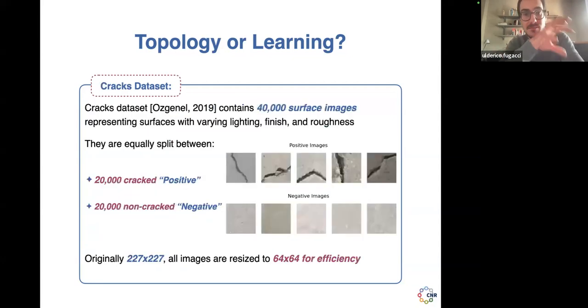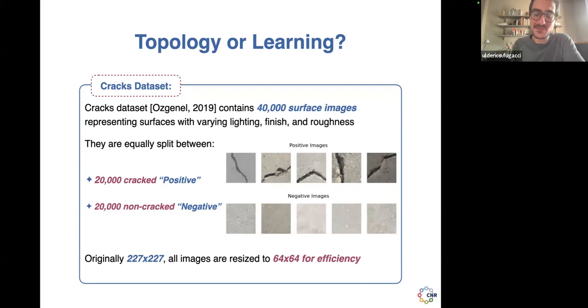Let's focus a little bit on the two datasets, looking at some images. The CRACS datasets contain approximately 40,000 surface images representing these wall surfaces with varying lighting, finishing, and roughness conditions. The dataset is equally split between positive, which means cracked surfaces, and negative, non-cracked surfaces. For efficiency reasons, all the images are resized in a size of